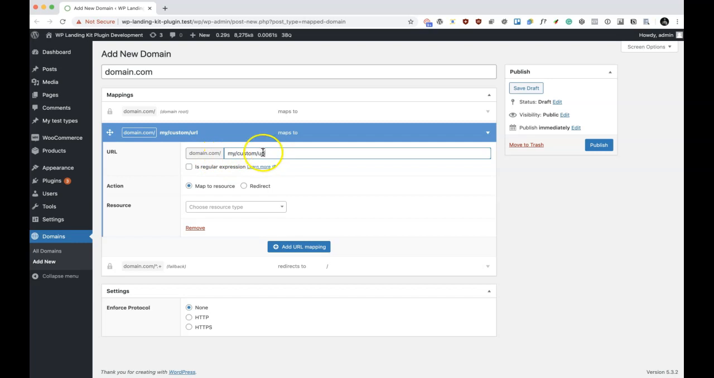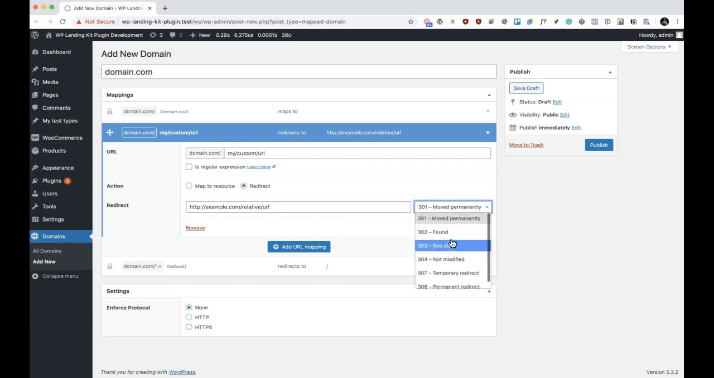Now, each mapping has this action parameter, so it allows you to either map to a resource or redirect. If you go with redirect, you'll be able to specify either a relative URL, in which case it will redirect to that path on the current domain, or if you need more control over that, you can send it to some absolute domain as well. You've also got control over the redirect status, and so we've got the common statuses here for you to choose